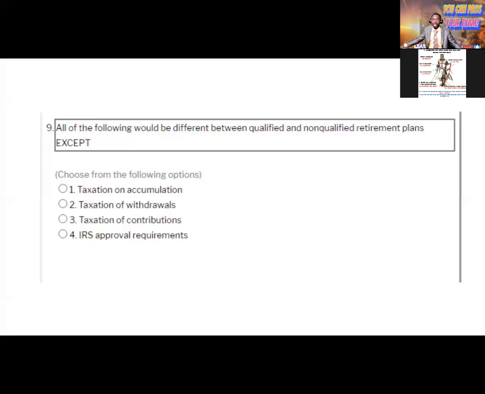Qualified plan, they don't tax you until later. But non-qualified, you pay taxes first. So therefore, that's the difference. So it's not 3. Number 2 says taxation and withdrawal. If it is taxation and withdrawal,